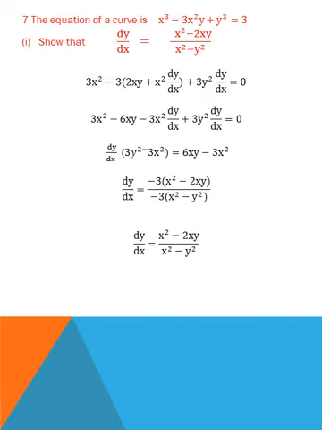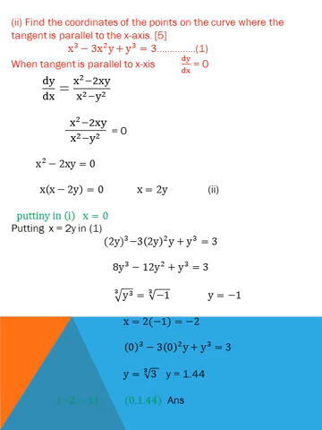These values are also used for inequality. In part 2, he is asking about, hence solve the equations and give answer to three significant figures. 2 into 5 power x minus 1 is equal to 3 into 5 power x. Simply